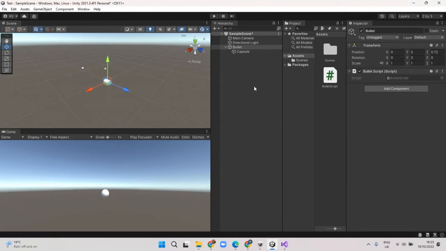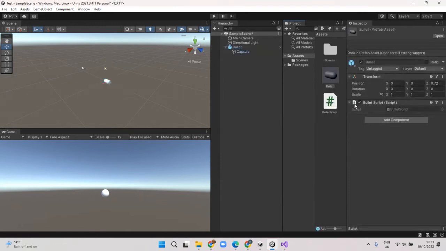Okay, so to make a prefab of it, all you do is make sure you're not playing. You drag the object that you want to make a prefab, in this case the bullet, to the assets down here and release. So it's left click, drag and release it down here. And then you can see you get this kind of square with the picture of the bullet in there. Okay, so that now is a prefab,